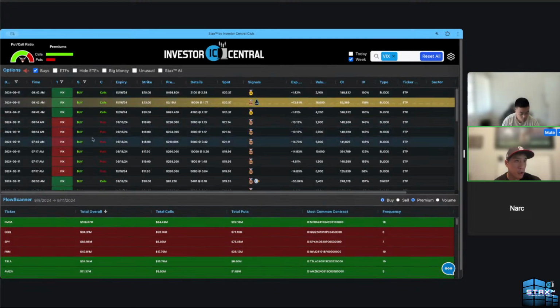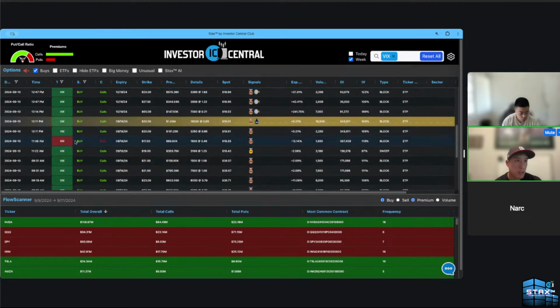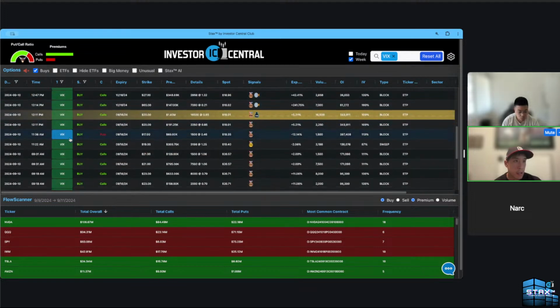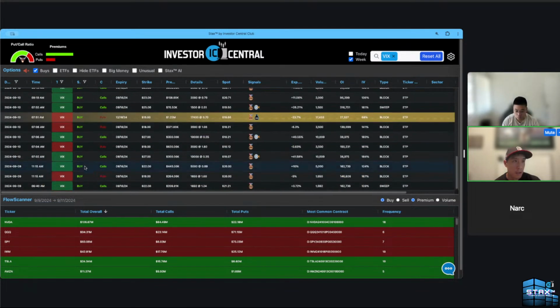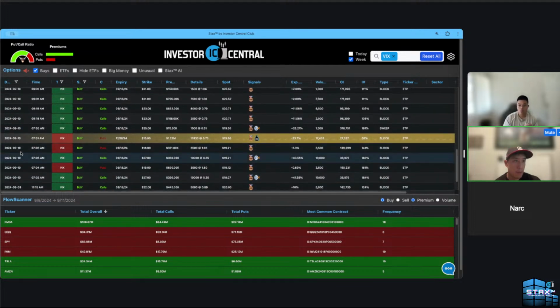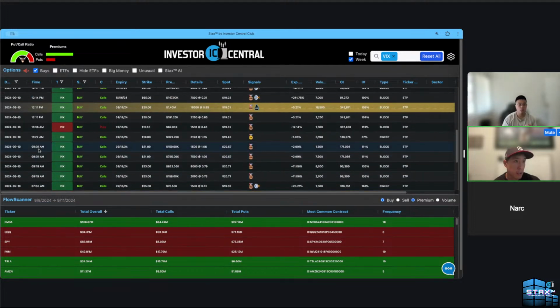So what I wanted to show you is right here on the 10th, which was yesterday, on the buy side, we actually happen to have quite a few VIX calls being purchased. All right, quite a few VIX calls being purchased in anticipation of volatility going up during the CPI reading, which is actually